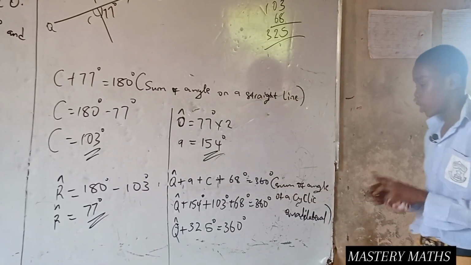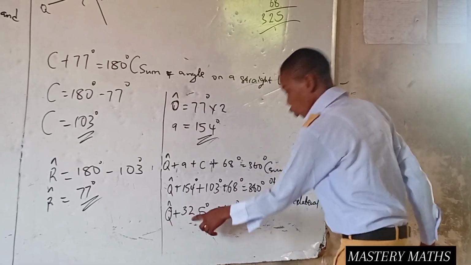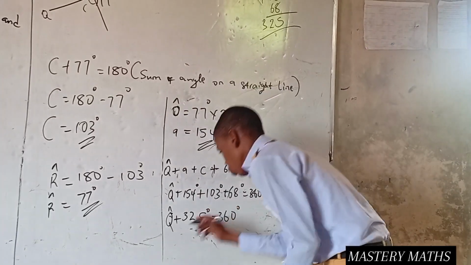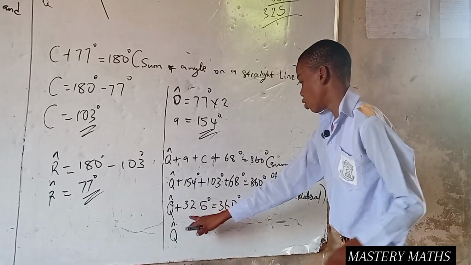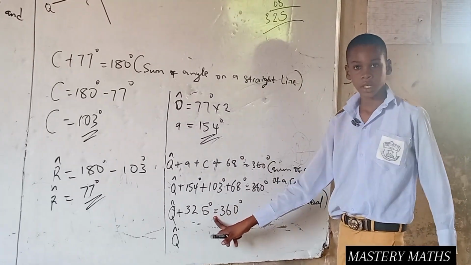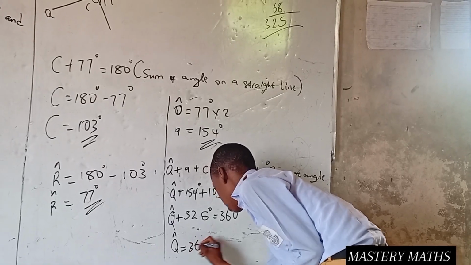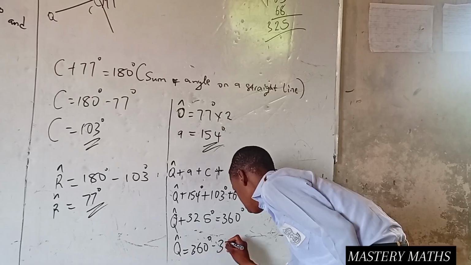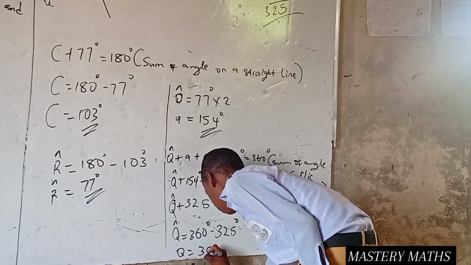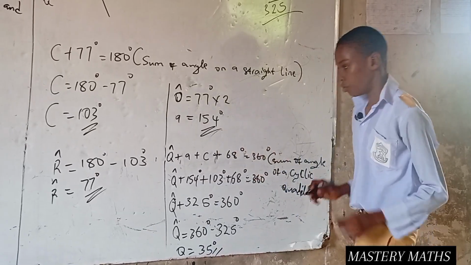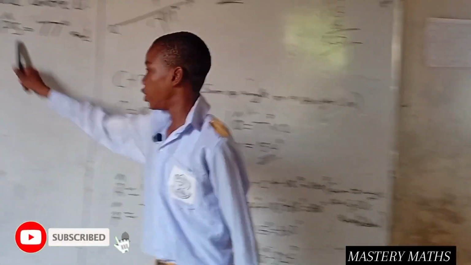So this is what we call collecting of like terms. Once the variable is to stand alone, we bring down our Q. Then when plus crosses over the equality sign, it changes to minus. So Q is equal to 360 degrees minus 325 degrees. Our Q is equal to 35. So this is for the Q. Already giving us S, Q, which is this, P, which is this,